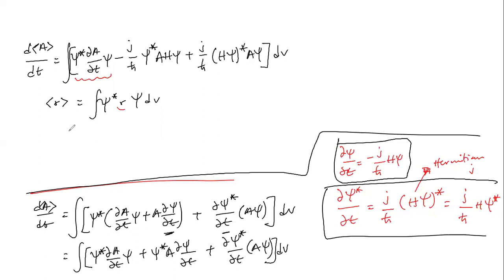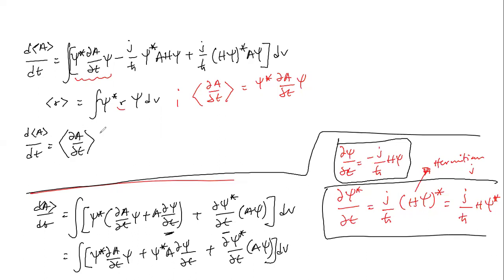So we can as well say that, going by this, the expectation value of dA/dt is the same as psi conjugate dA/dt psi, which is the same as this. So we can rewrite the first time derivative of the expectation value of the Hermitian operator as d<A>/dt being the same as the expectation value of this component, dA/dt, yeah, plus